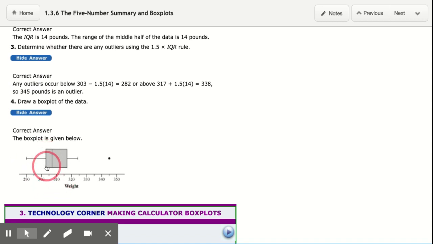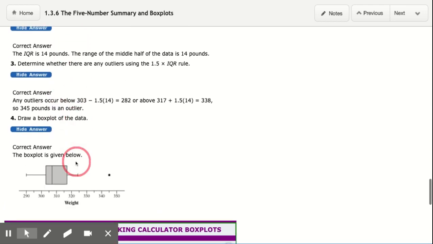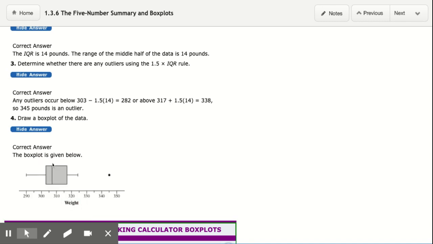This first line of the box is Q1, so that is at 303. 307 is your median. That is the middle line of our box, so that's right there. And then this is 317, which is Q3. So this is your 5-number summary. One of the things that I would suggest is actually writing the numbers. So even putting min and then putting 290, Q1, 303, Q2, or median, and then putting 307, and Q3 at 317, and then